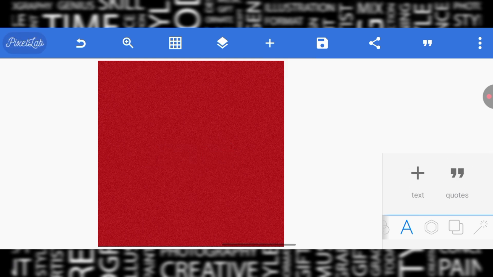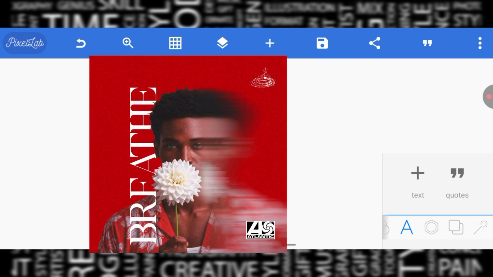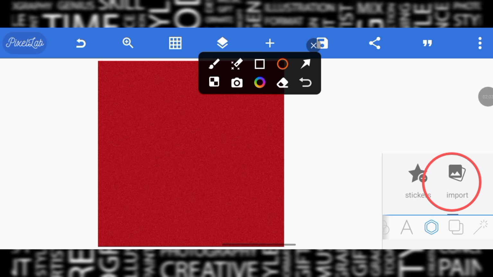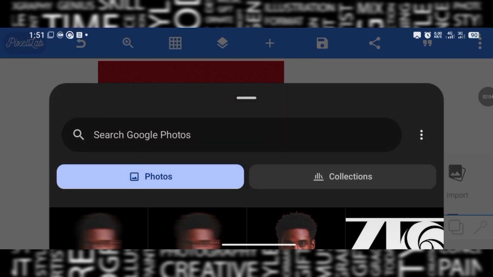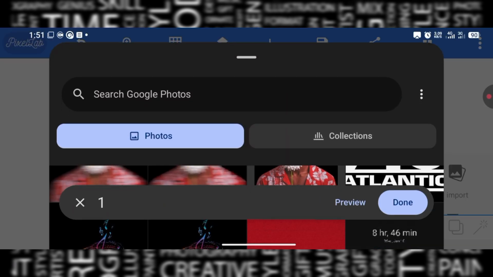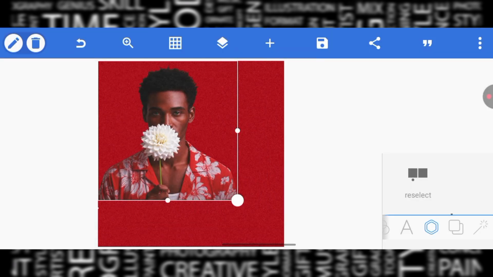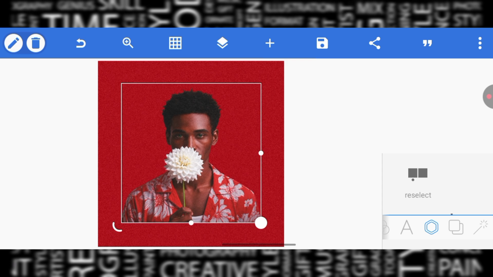Now, after bringing in the background for your design, you are to bring in the main image. Remember, we are designing a music cover art. So you are going to click on this hexagonal shape here. Up we have import. So here is import. Click on import and then select your image. You click on done. So here is the perfect image that we are using, but I need to rescale by